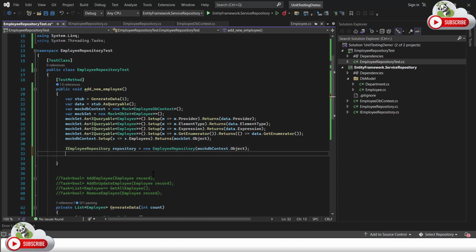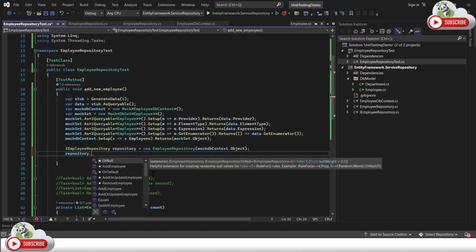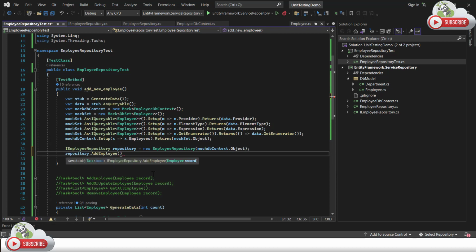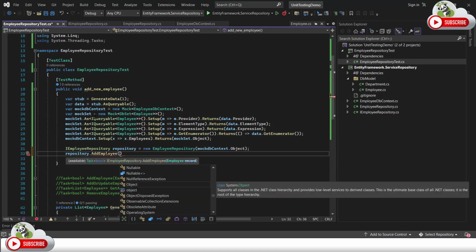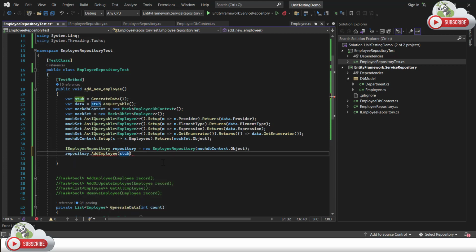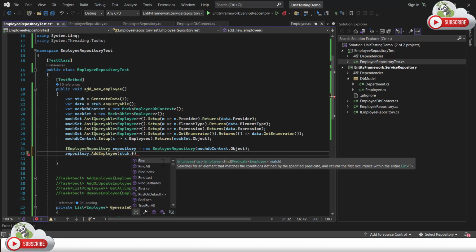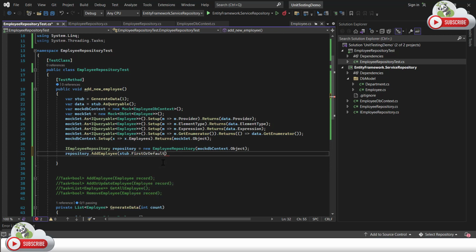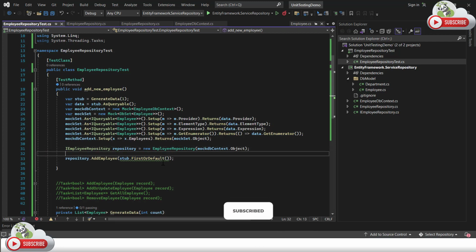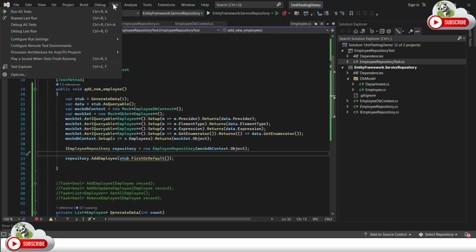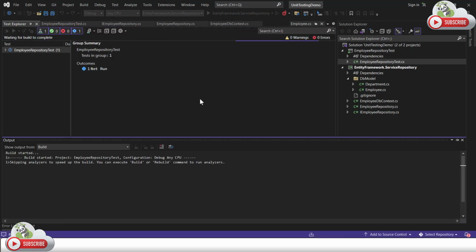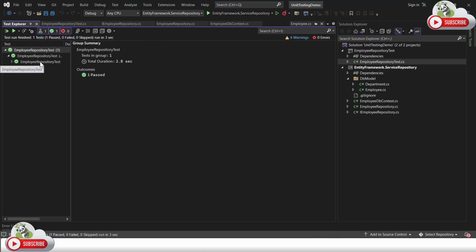Now we have a repository available, which you can use with any method. So I can say add employee and then employee record. So I have the new record created, which is this one. I'll be adding this particular record as an employee record, which is, let's say, the first record, first or default. Okay. Now if we run these test cases, let's see what happens. It has passed successfully,